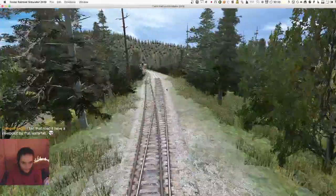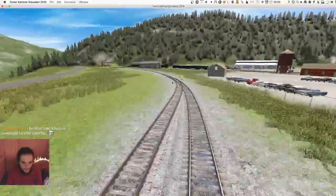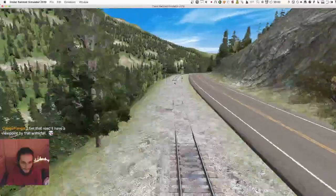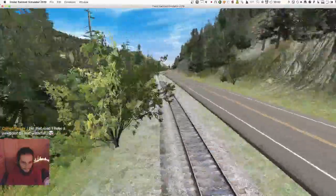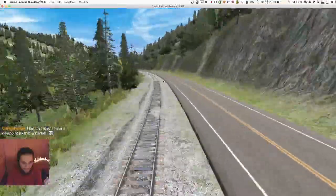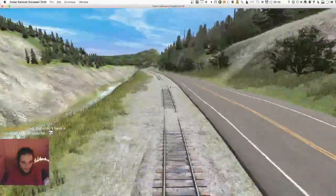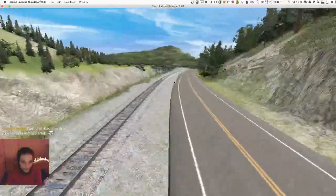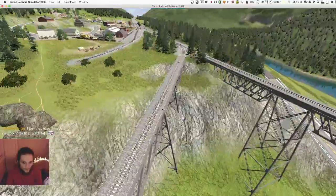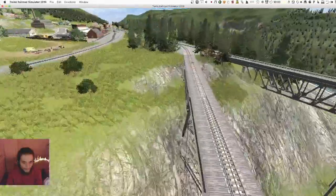Then you have a totally safe siding. Past the gravel pit. Crossing. Totally no Easter egg there. Comes around this way. Down here, the very bumpy road, which is deliberate. And then you cross over this bridge. Again, for a final time, crossing the river. And then